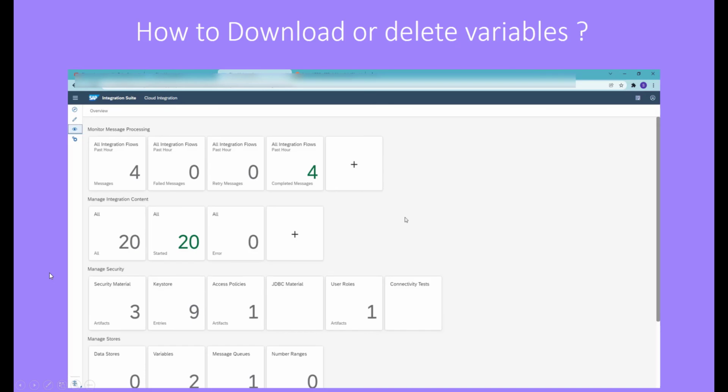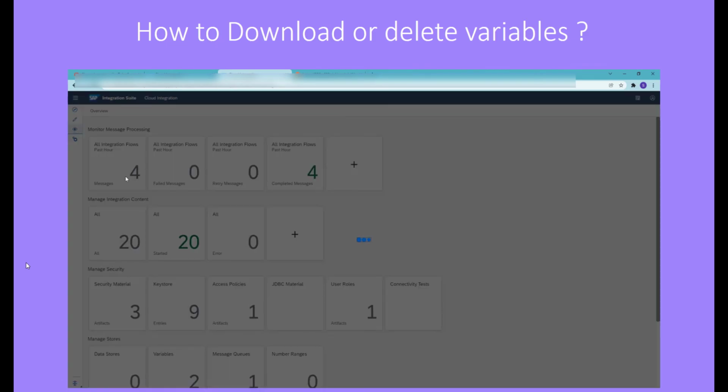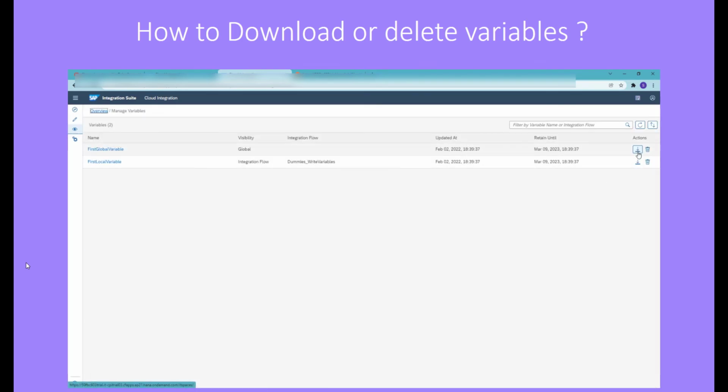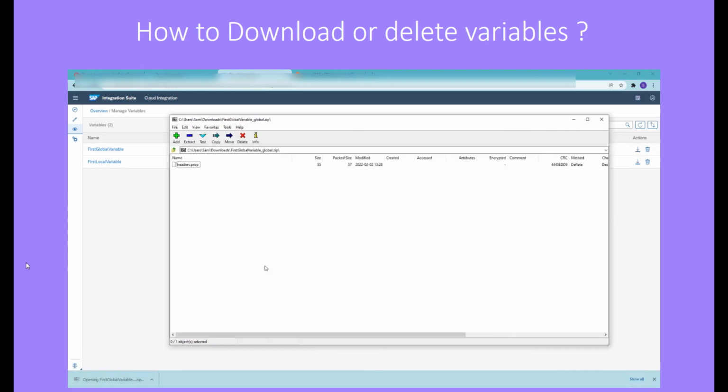Now for the final demo, let's see how to download and delete these variables. If you want to download the contents of the variables or delete them, just come to the monitoring area, scroll down to the manage stores area, click on the variable styles. You can see you have 2 options here. One is to download the content of the variable and the other one is to delete it. We'll download one first. You can see a zip file is created